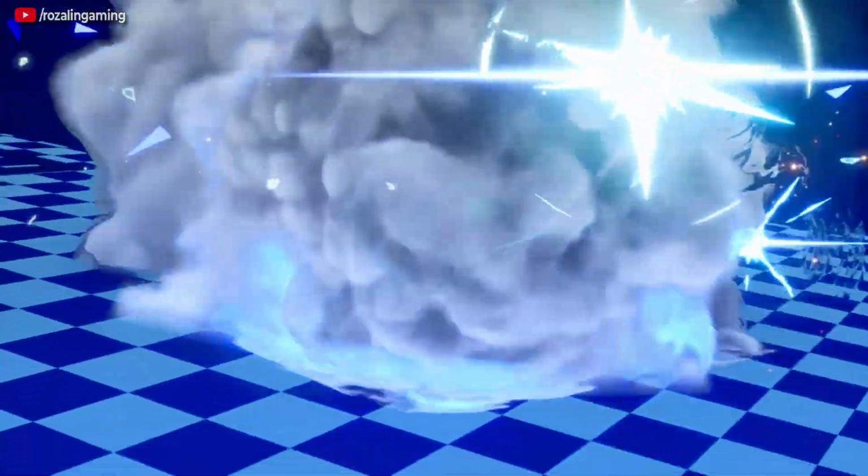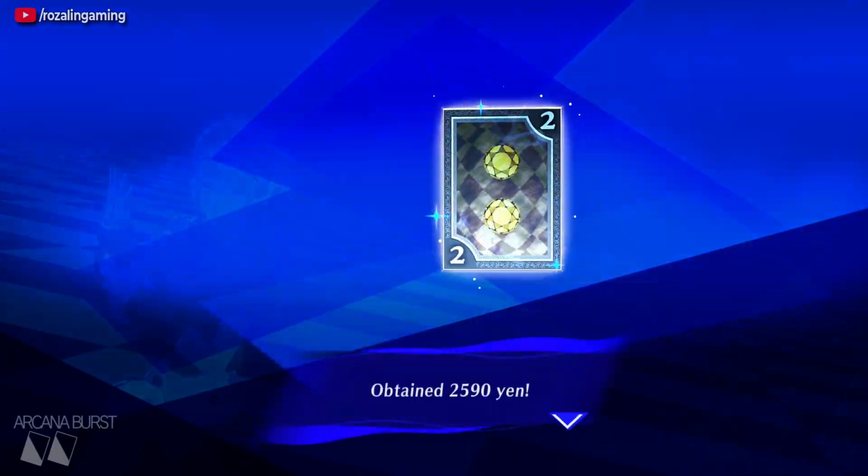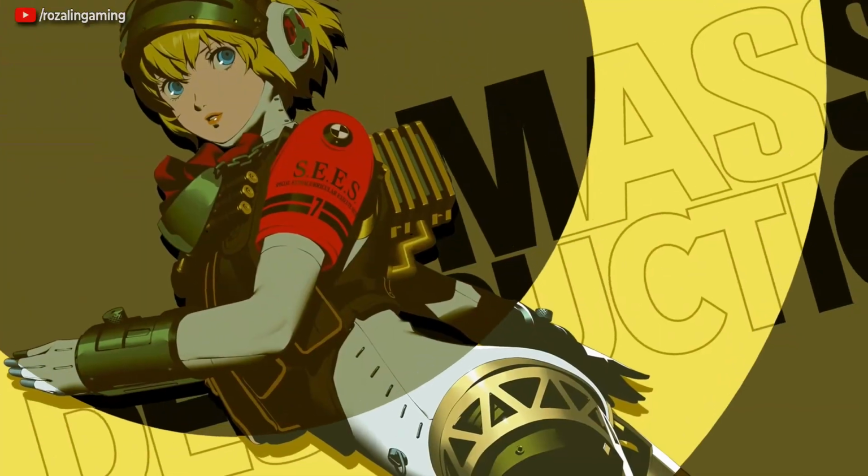For me, she cost just over 38,000 yen to withdraw, and I was able to do this as soon as I got access to the shop at the end of the first area. So now that we've seen the builds, let's jump over to the main game and take a look at how